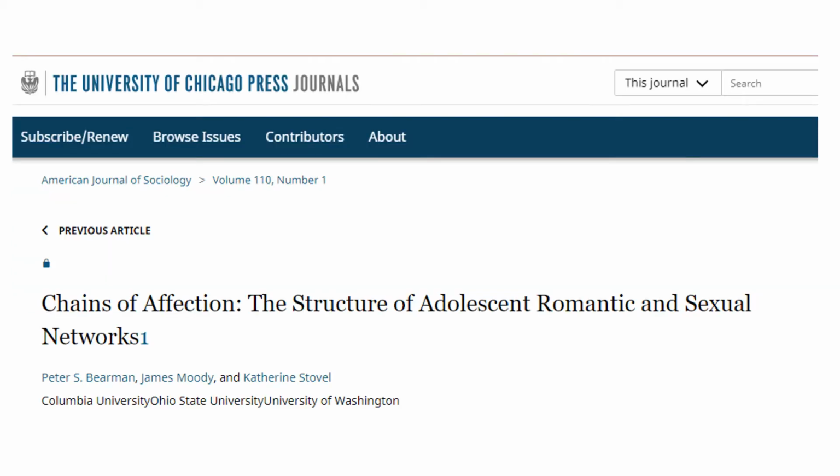Another example is Bearman's study of romantic and sexual networks of high school students. To study the diffusion of sexually transmitted diseases, researchers went to a large urban high school. Part of the data collection process was to conduct an in-home interview of the students. About 83% of the students in that school were interviewed. In the interview, students were asked if they were in or had been involved in a special romantic relationship at some point during the past 18 months.